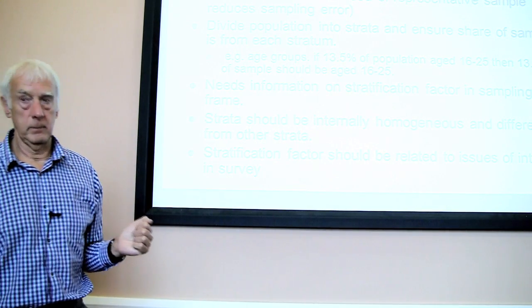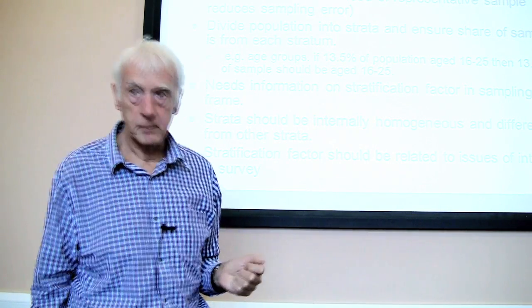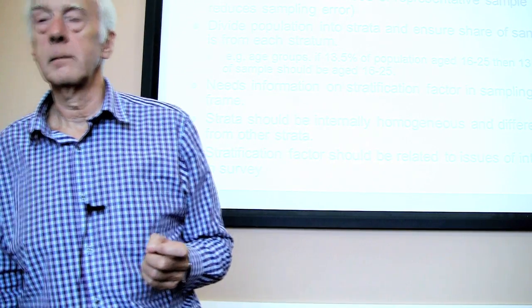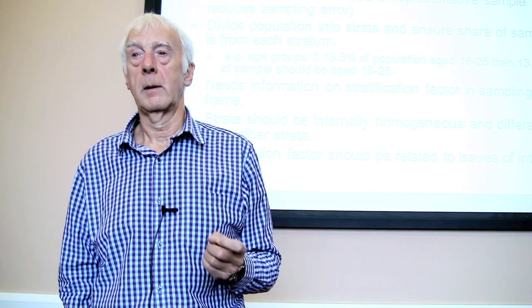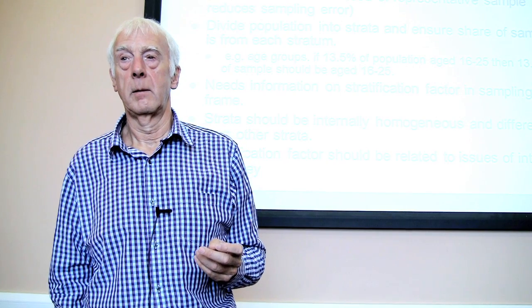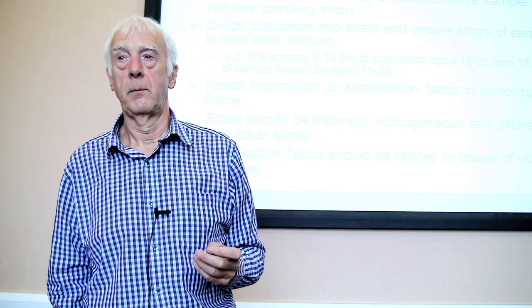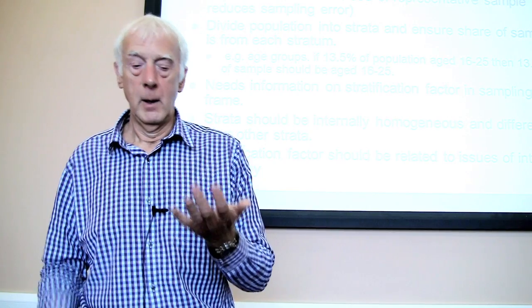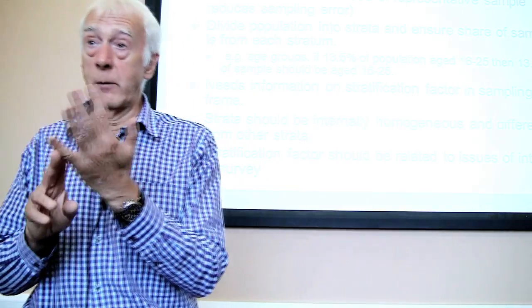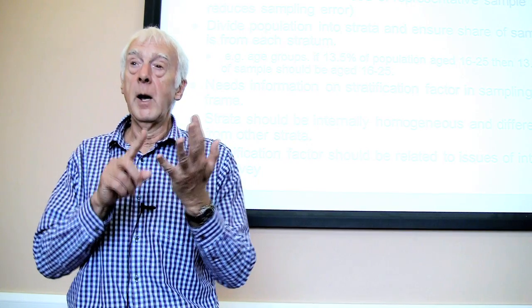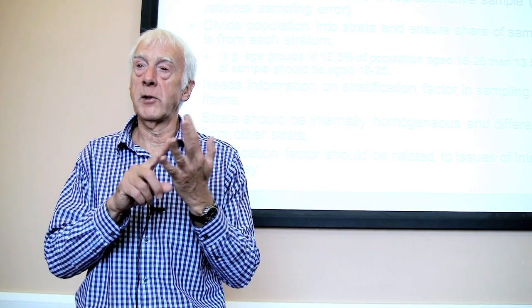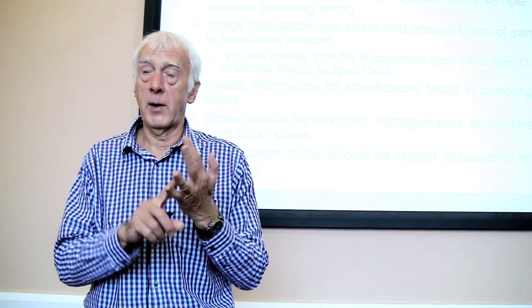So if I wanted to do something about end-of-life care for people who are in receipt of fast-track funding from the NHS, that would be a good thing because there's lots of different people involved in the care of that person, including that person. Provided you have the information to do it, typical things here would be gender. That would be one thing. Are they male, are they female? And you would make sure that your sample was in the same proportion as the population.